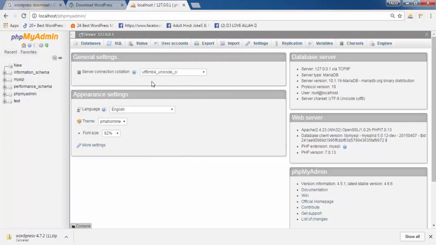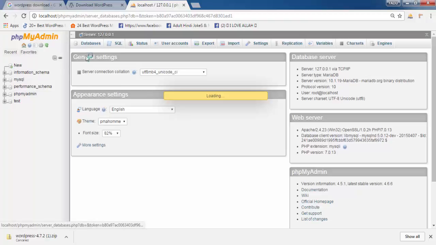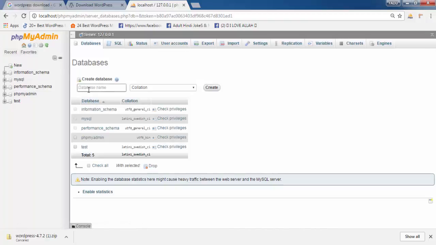Instead of creating a localhost on your server on the internet, you can create the same without the use of the internet or Wi-Fi, for the development of a website or anything related to that, or for theme testing. So now the next step is to click on this. This is the database section where you can create a database.